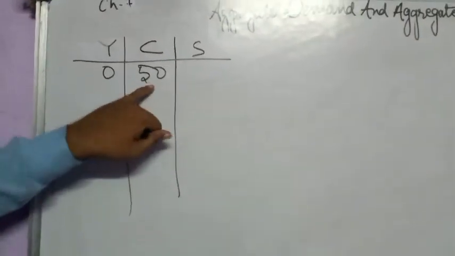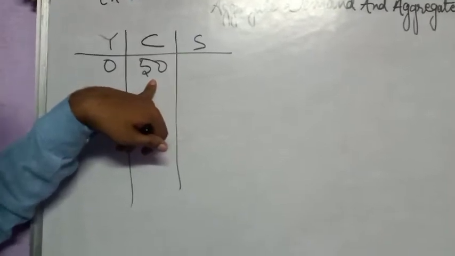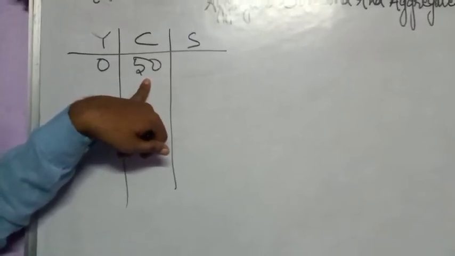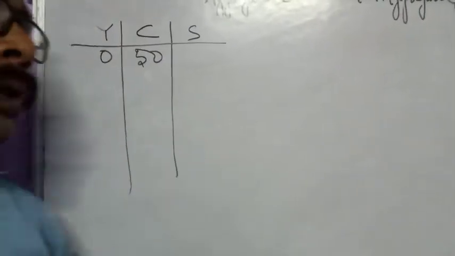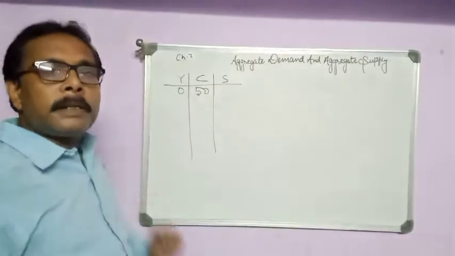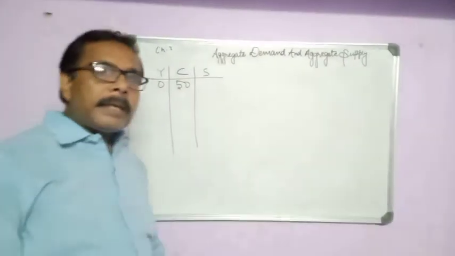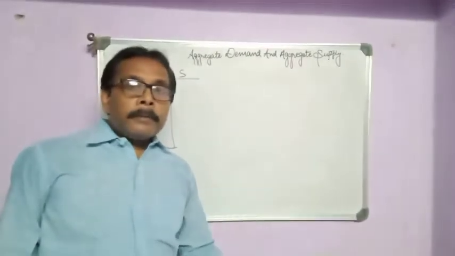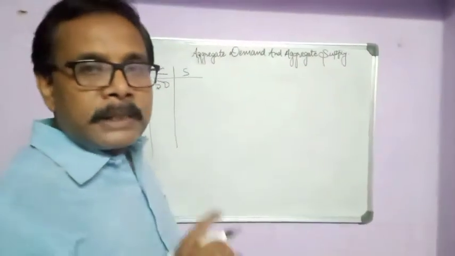It is the minimum consumption level for the survival of life, and it is also known as autonomous consumption. But think yourself, if there is no income, how is consumption possible? So this consumption